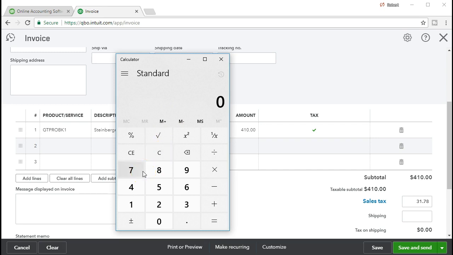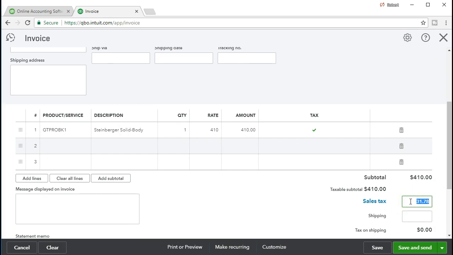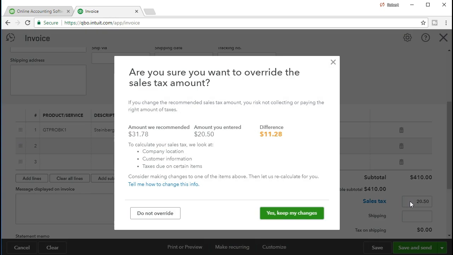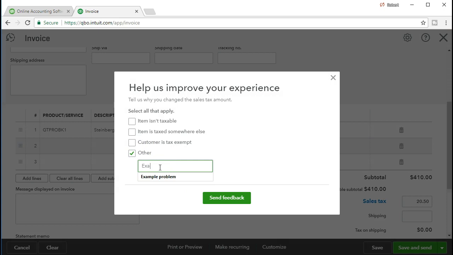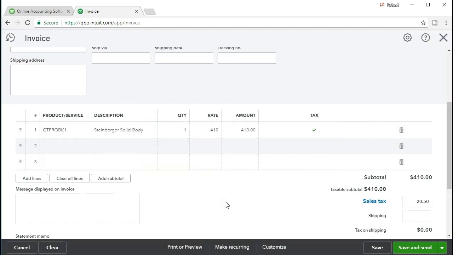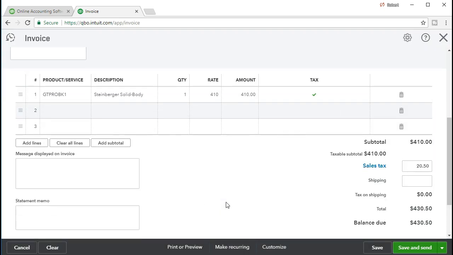So for example purposes that could be more applicable just to the concept, 410 sales times 0.05, 5%, we're going to change that to $20.50. So we're going to say that this sales tax is $20.50. And there we'll have that. It's going to say, do you want to keep that? Why did you do that? It doesn't line up to what we calculated. We're going to say, yeah, let's keep that. I'm going to tell it's an other, and it's an example problem, just to give them feedback to say they didn't mess up or anything. So you don't have to give them that feedback, but there you go. So there we have that. And then we have the end here, the 410, the 20, and that'll give us the